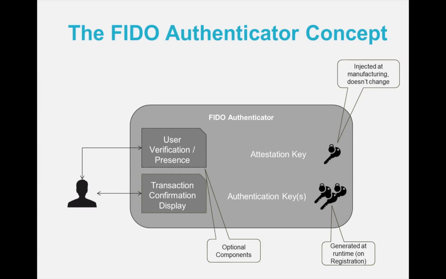Now, I said the authenticator plays a key role in FIDO, and the security primarily depends on the authenticator. The authenticator essentially has to implement three different blocks of functionality. The first thing is what we call the protocol handling. This is all the cryptography, like maintaining the attestation private key, generating the registration and authentication responses, maintaining the authentication keys, and so on.